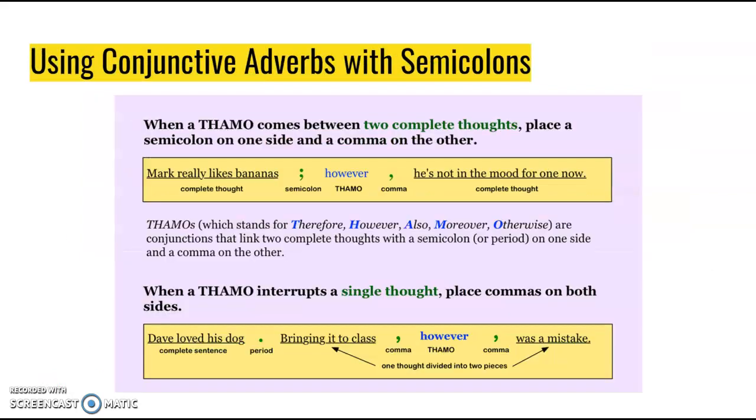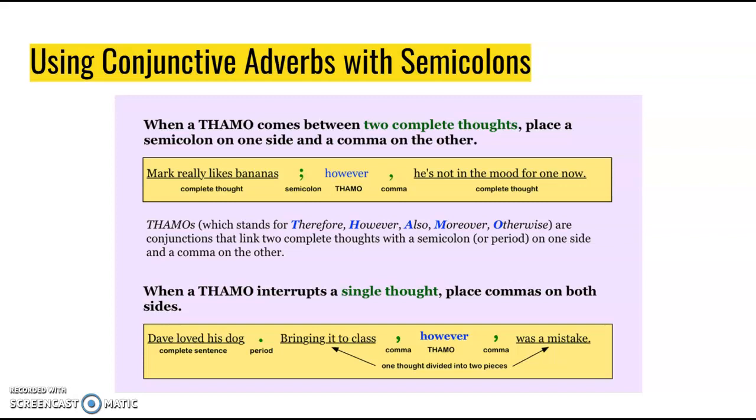Sometimes you can use conjunctive adverbs with semicolons. These are not coordinating conjunctions, so you have to use a semicolon with them. These are considered THEMOs. So THEMOs stand for therefore, however, also, moreover, or otherwise. So you can use one of these between two complete thoughts when used after a semicolon, and a comma comes